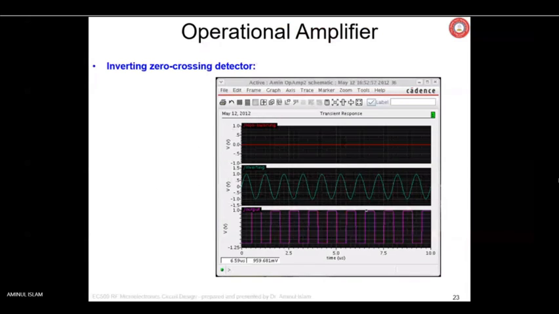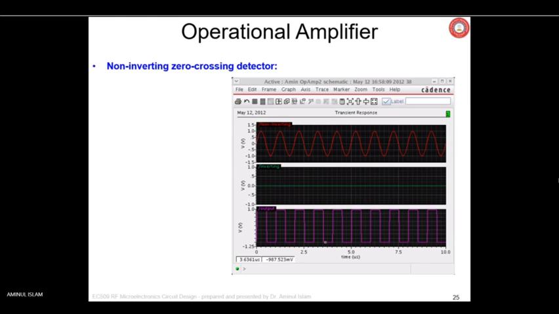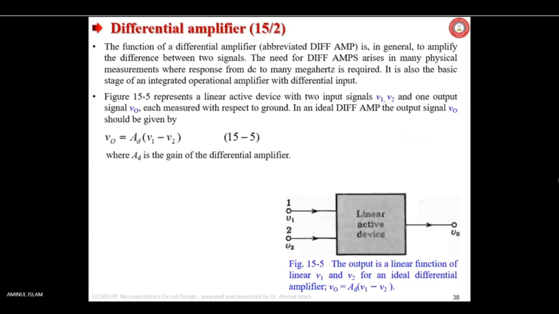And it is simulated, and you have got certain results as mentioned here. Based on the op amp we have designed, this is an inverting zero crossing detector. Why is it inverting? When the negative pulse comes at the input, the output becomes high. So it is inverting. Another one is non-inverting: when the input makes a positive excursion, the output is also positive. So this is the non-inverting zero crossing detector, and these are the outputs.